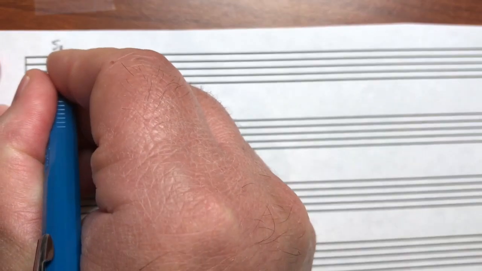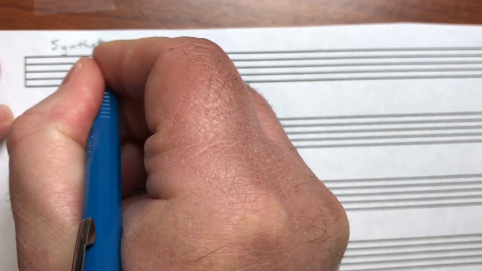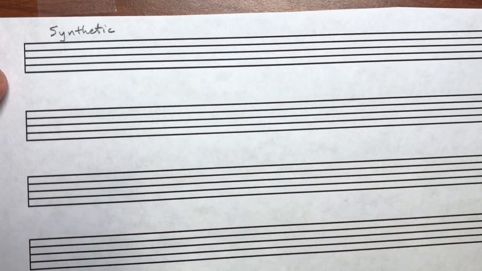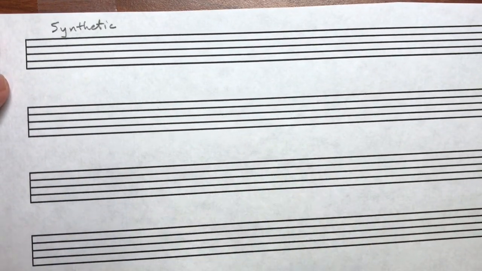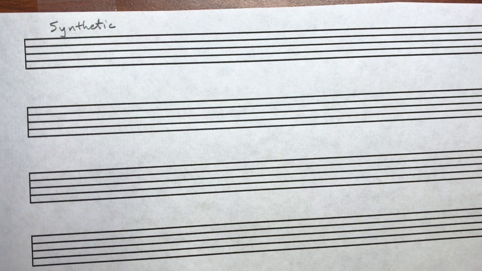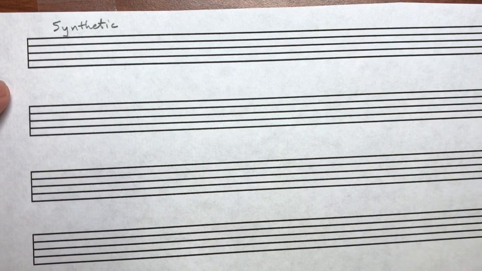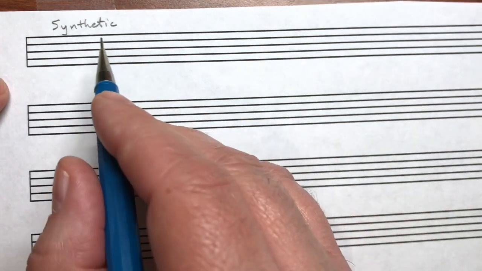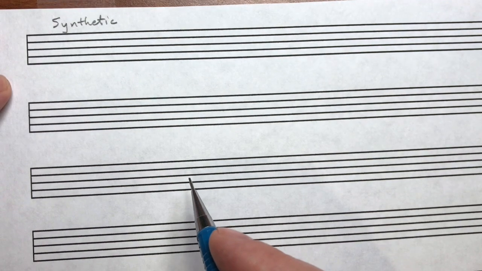Hey everybody, today we're going to look at some synthetic scales. Synthetic scales are scales that are essentially made up, that are not part of any diatonic system. All of the major scales, the minor scales and all of their modes are, as well as the subsets of these scales, which are the pentatonic, major, minor, pentatonic scales. All of these scales are parts of the diatonic system, but synthetic scales are scales that are not part of